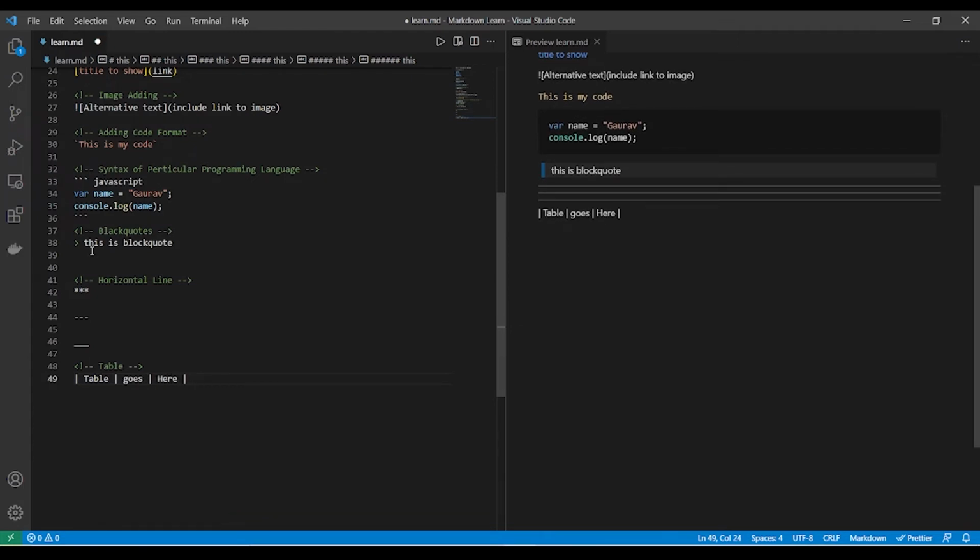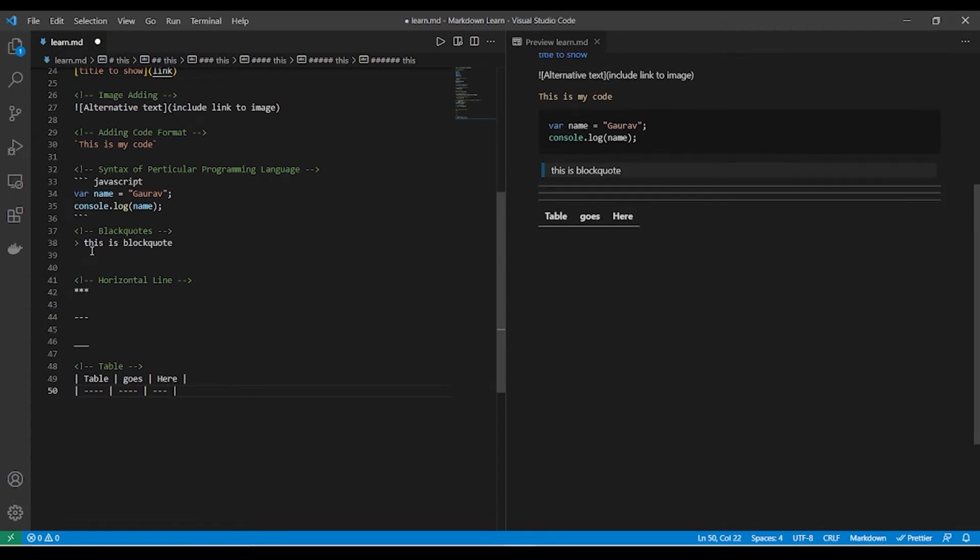Then to divide the table, we usually use this syntax. The number of times you use these dashes, the more area the table will have.